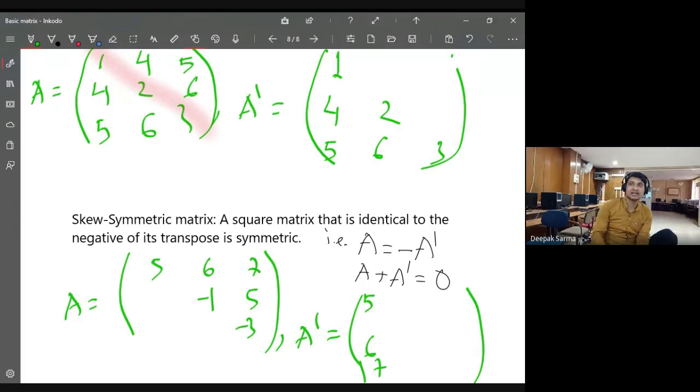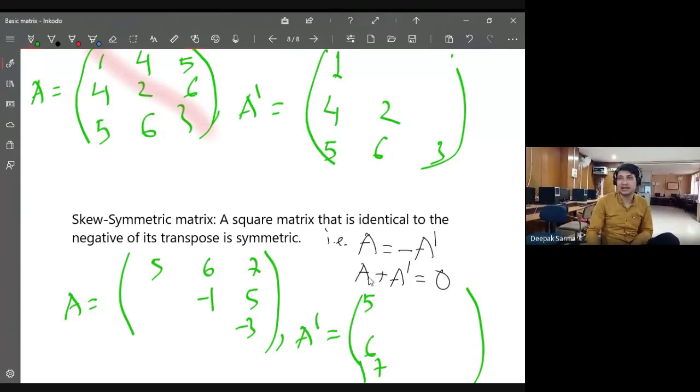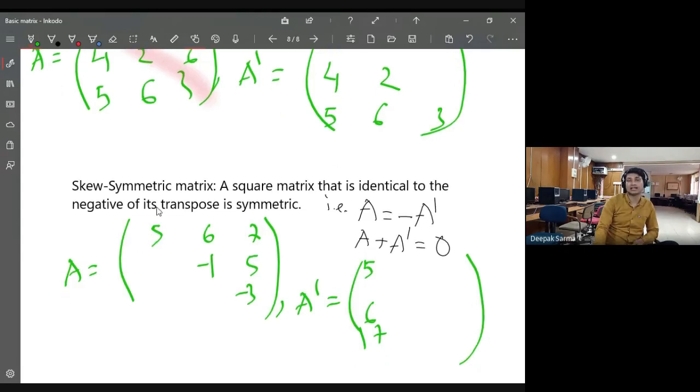Now, do you see what I need? A should be equal to negative of A transpose, or you can say A plus A transpose must give 0. So if I add this matrix and its transpose, whatever the remaining entries are, it should give 0. Now 5 and 5 is never 0. Forget about the other entries. I think some of you are finding it difficult, so simply choose one entry. Suppose 5, only 5, in the first position.